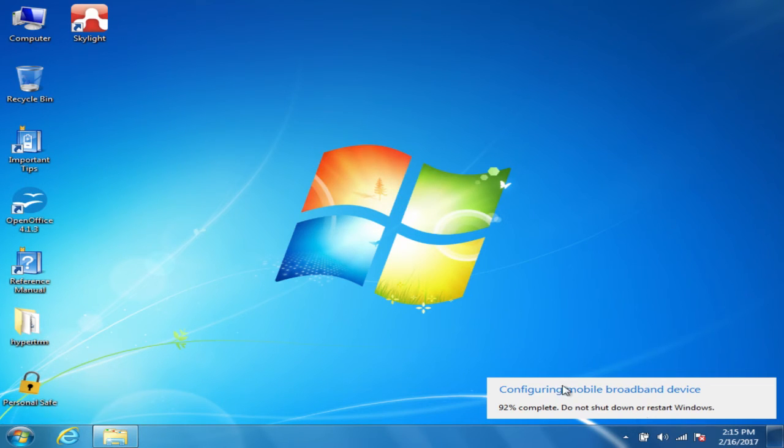This comes up anytime you change the card or add a new card with this software. It's just updating the software to be able to access the card. And keep in mind, with any of the carriers, it doesn't matter which carrier, you need to have a SIM card installed for the Gobi 5000 card to be able to access your carrier's service to get to the internet.